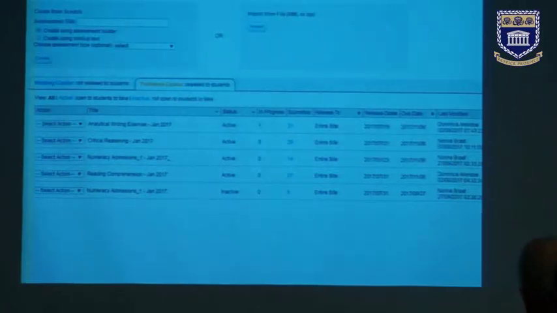Right, so in the testing quizzes, I use the testing quizzes like the rest of you do, and you can see there the different sections, the analytical writing exercise, the critical reasoning, and of course I can see how many people have actually written the test, submitted. The only section that has not got a mark is the analytical writing exercise. I normally mark it, and then I get someone else to verify that they agree with my marking, and I'll show you what actually gets done.